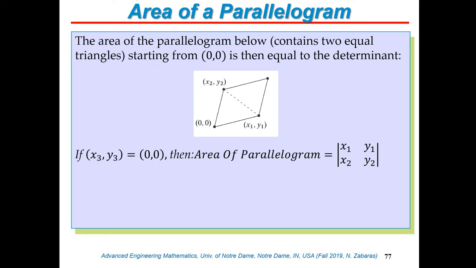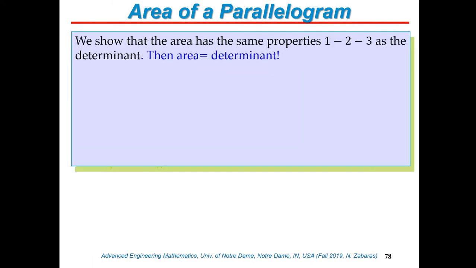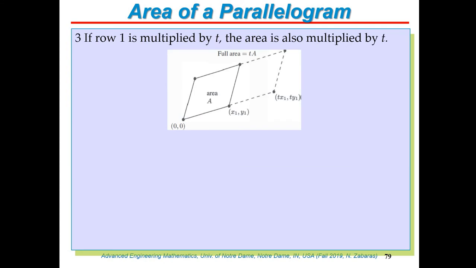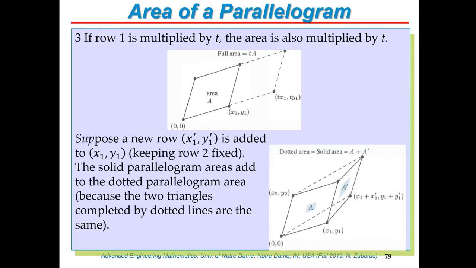And then we have to show linearity on each row. So for example, let me just jump directly, if you multiply one of the sides of the parallelogram by some number t, you will expect, if this is a determinant, the area to be multiplied by t. We already know this, right? So that's nice, that's the case. And then you need to show linearity on each row. And the way you do this is